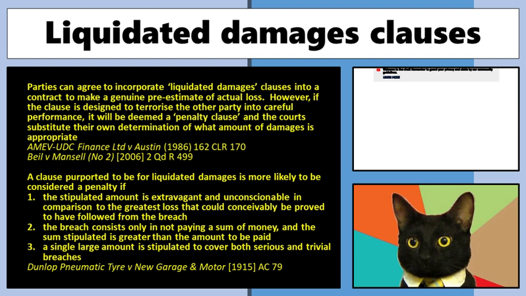A penalty clause is an amount that a breaching side has to pay, put into a contract, that is fundamentally designed to terrify one side into doing their side of the bargain. That is the sole purpose of it. It's designed to terrorize the other side into living up to their side of the bargain. So with the ice cream example, if for whatever reason I'd put, no, you're the seller, you've probably got more power here.